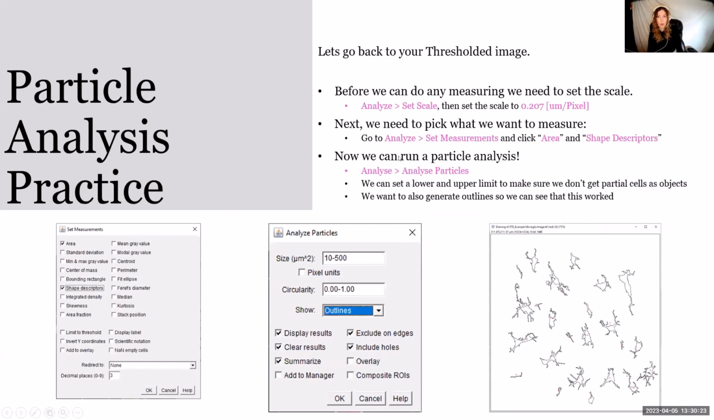And then we can run our particle analysis. So you just go Analyze, Analyze Particles. It's important that we have, for me, I think it's important to have overlays selected as an output. So you can go in and do a sanity check and make sure it's output something that you actually can